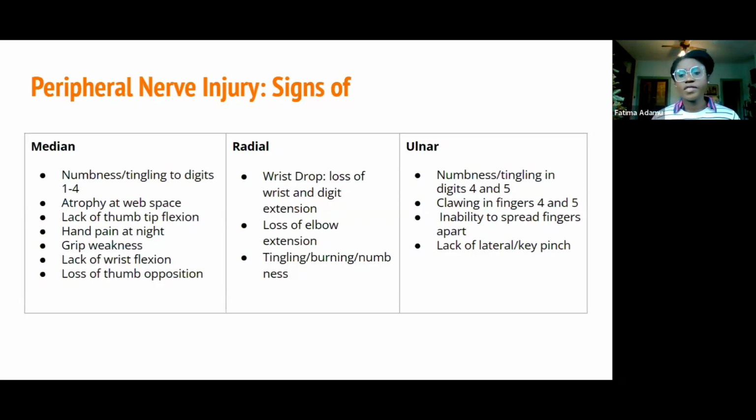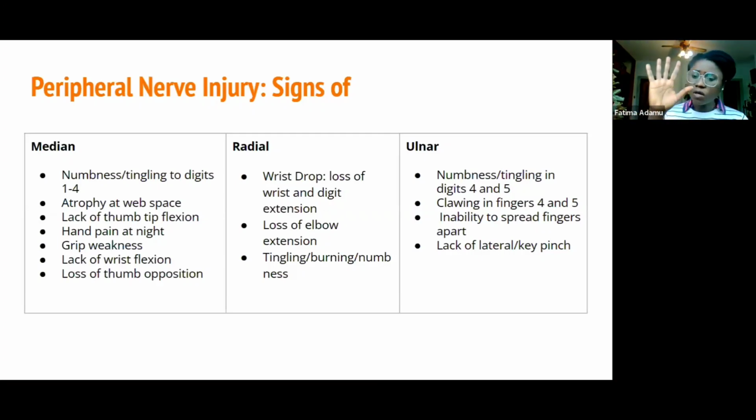With the ulnar nerve, tingling, numbness in digits 4 and 5. So again, half of that one and that one. Clawing in fingers 4 and 5. So that would look like that. Inability to spread fingers apart. So patient's abduction will be very weak, and their ability to spread the fingers and reach for objects is